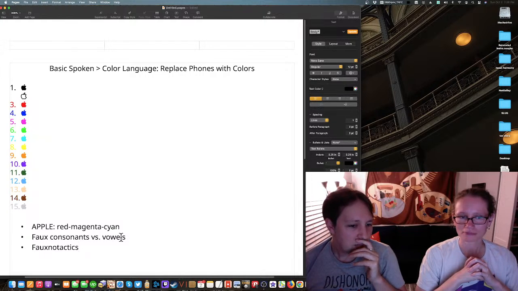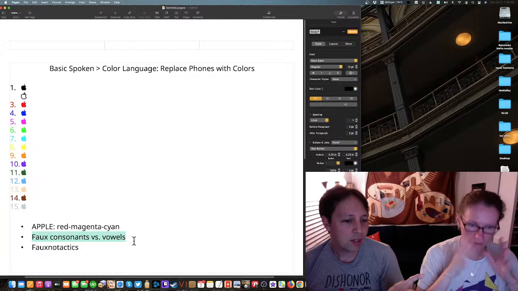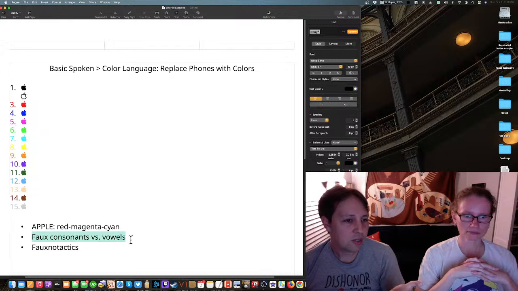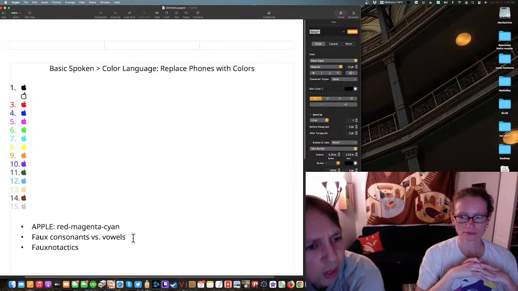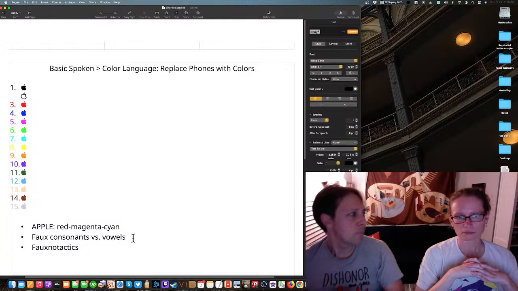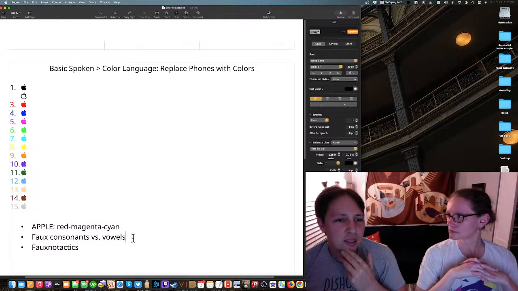So in fact, if we did this, we actually could just create a full spoken language where we did decide on vowels and consonants, assign them arbitrarily to these colors, and then just basically built a spoken language.